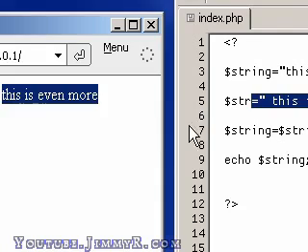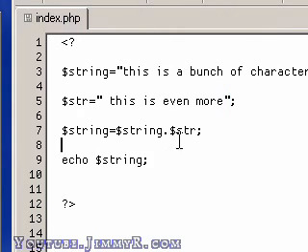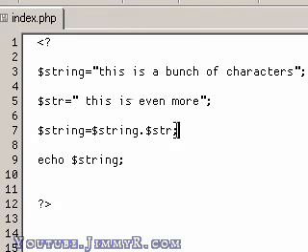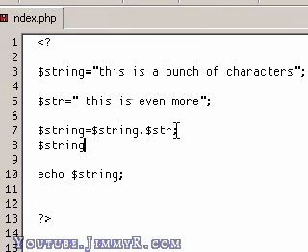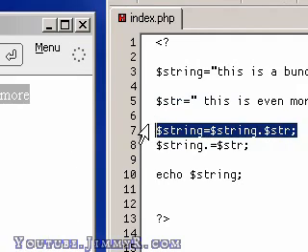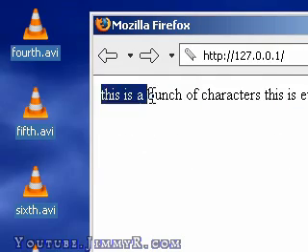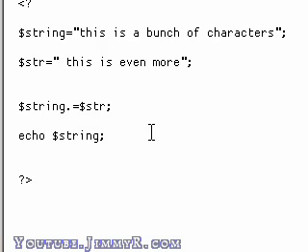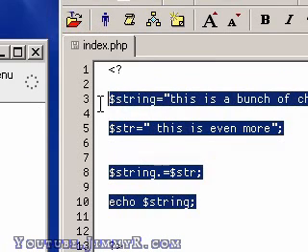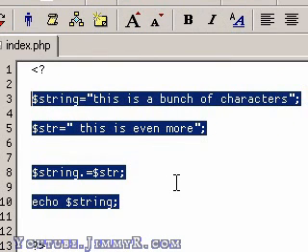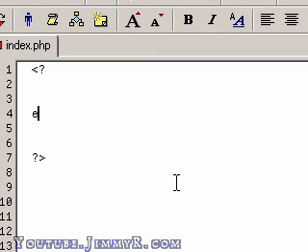I attach them. PHP actually makes it even easier. Instead of writing this, I can actually write string dot equals str to attach the second string to the end. And I'll delete this thing, and it's going to output exactly the same thing. This syntax is actually very, very convenient, but it could cause some problems. For example, if I want to echo